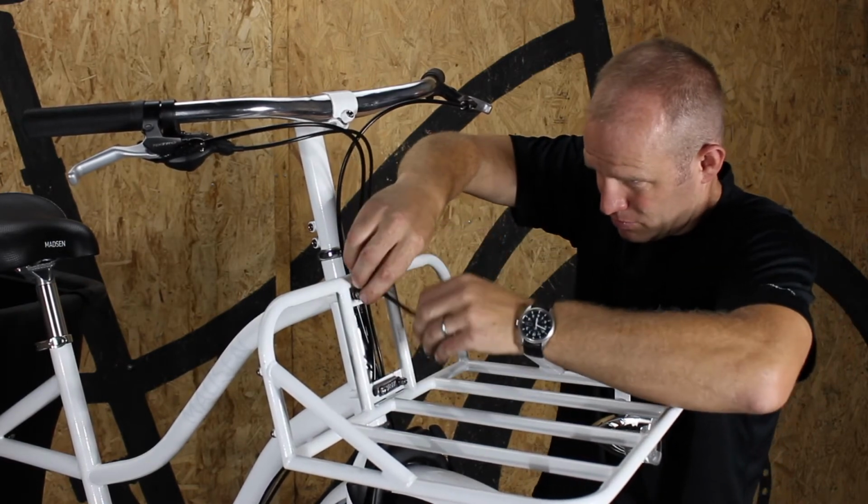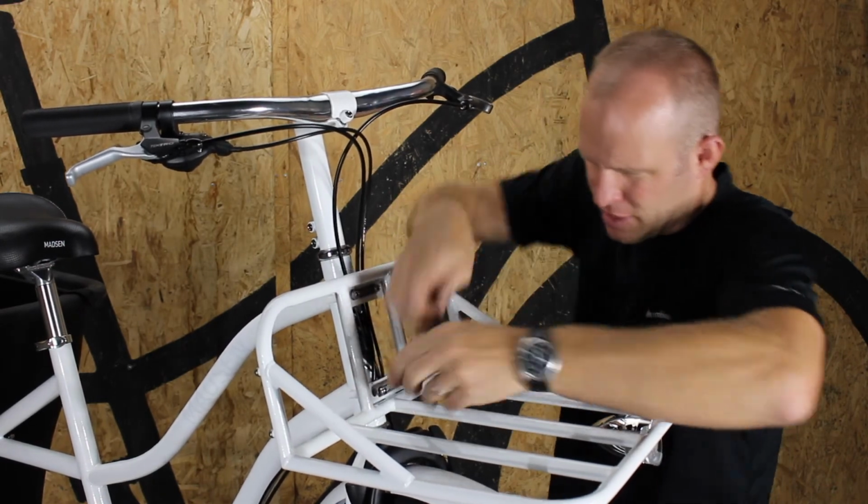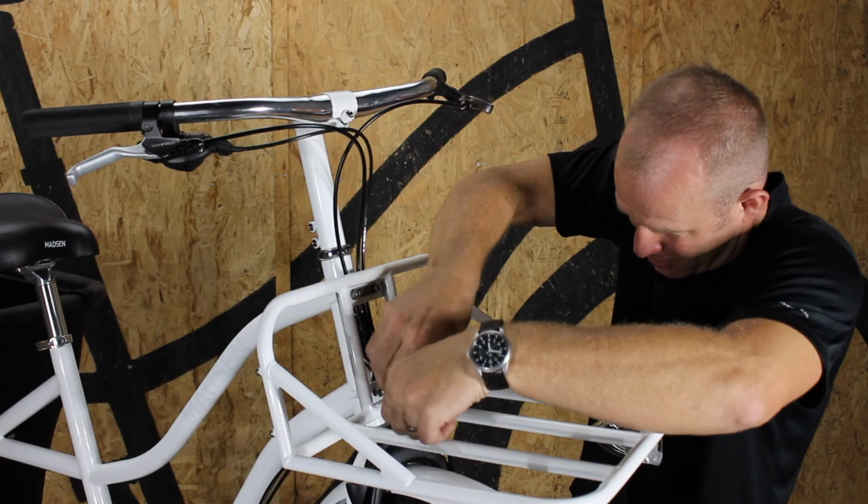And that's the installation of the front rack. I'm not going to take the time on the video to tighten these all up, but once these are all the way tight,